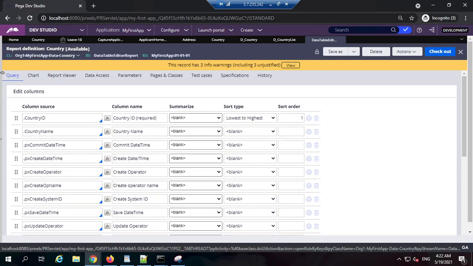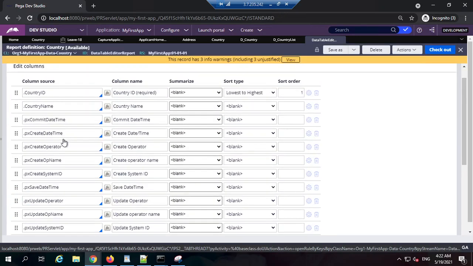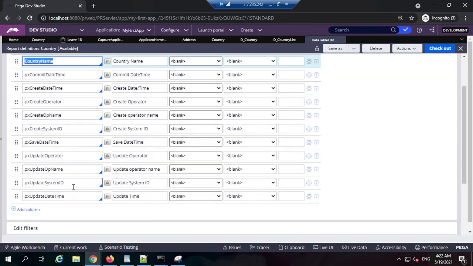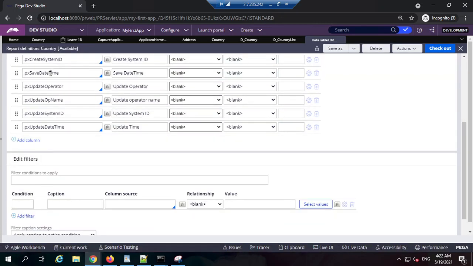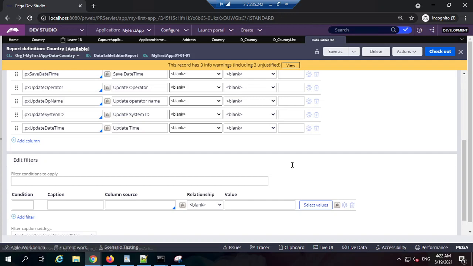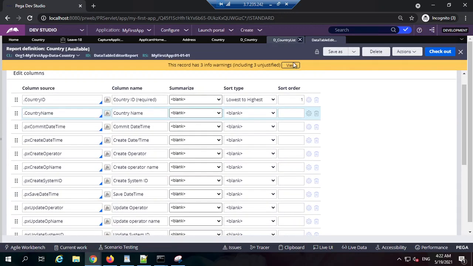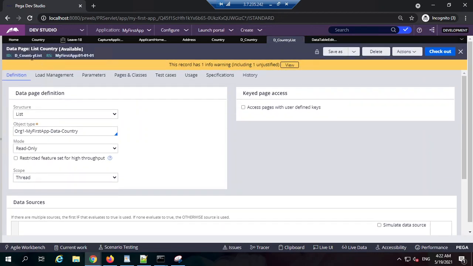What does this mean? It is select star from this class, whatever this class is mapped to. Select these column names, column country ID, comma column country name, from this class where these filters are applicable. So this will get me all the data, and that is how it is populating D_CountryList.